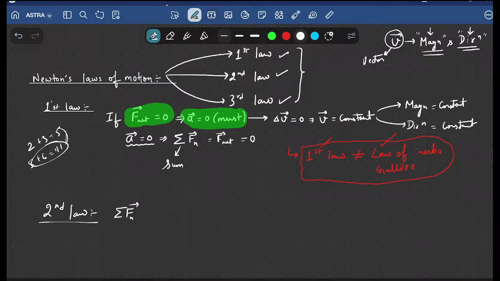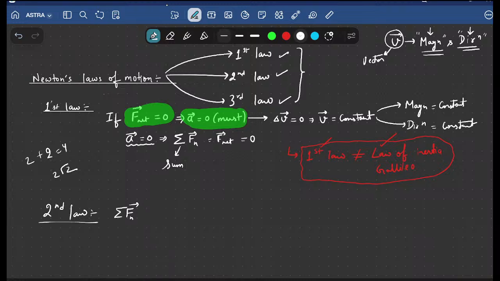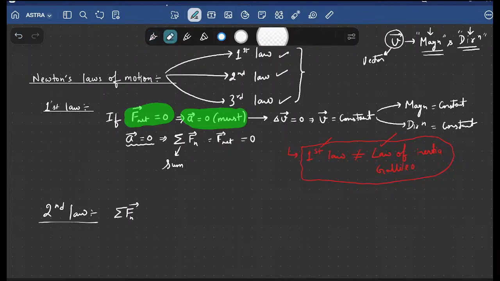Okay, so these are scalar addition. They do not follow any particular law, right? But the vector addition follows certain laws. Always remember, I can't haphazardly add that 2 plus 2 is 4. 2 plus 2 may be 2 root 2 also. 2 plus 2 may be 0 also. 2 plus 2 may be 1 also. Yes or no? So there may be anything. So don't do rote learning that like scalars, they cannot be added. They are added in different fashions. We will deal with those things also.